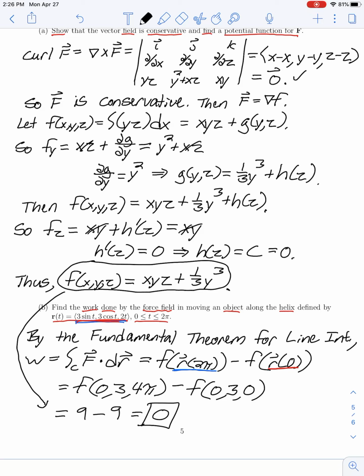And in the case that we do have a conservative vector field, we're able to find a potential function, which then allows us to make use of the fundamental theorem for line integrals. And we'll see throughout the remainder of this chapter, there are some really nice applications for these divergence and curl vectors when it relates to surface integrals, which we'll start discussing in our next